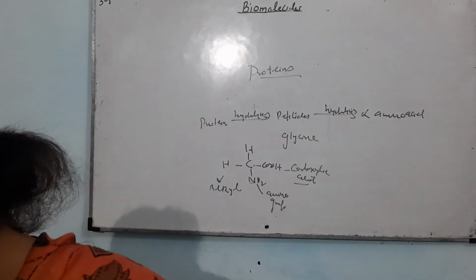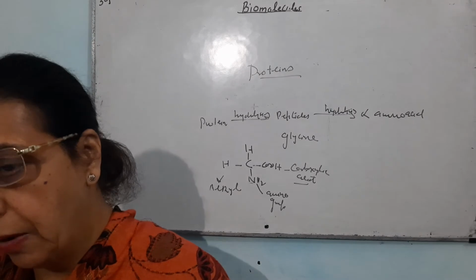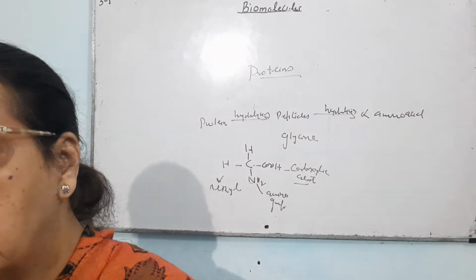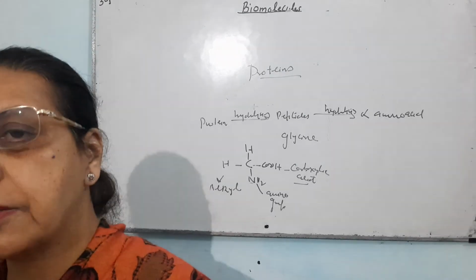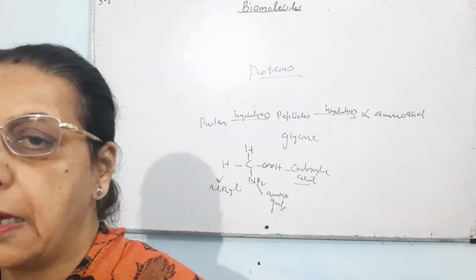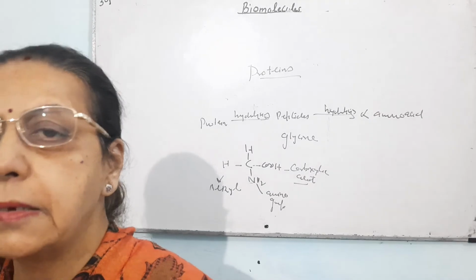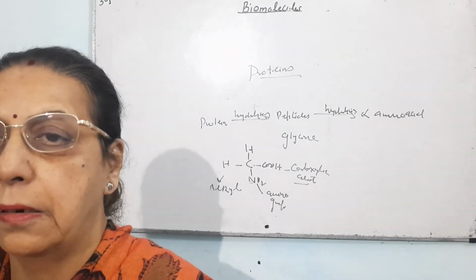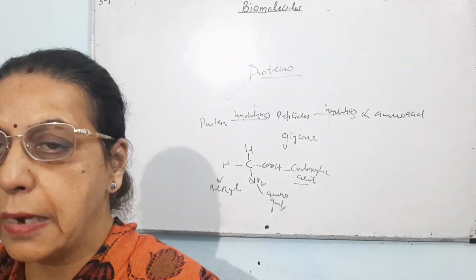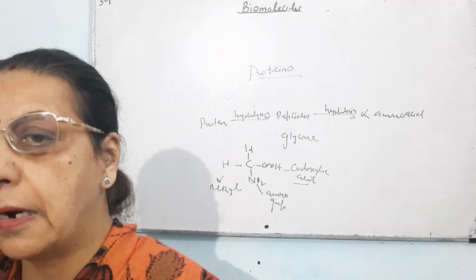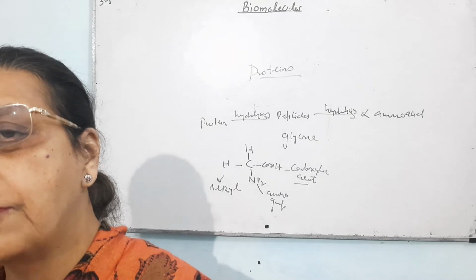The amino acids have the same kind of structure as that of glucose and fructose. Their basic structure is also taken from the structure of glucose, which is taken from the molecule glyceraldehyde. First of all, I will tell you